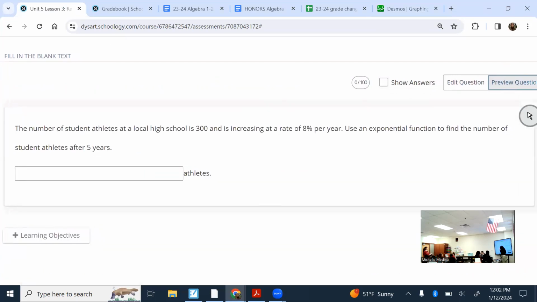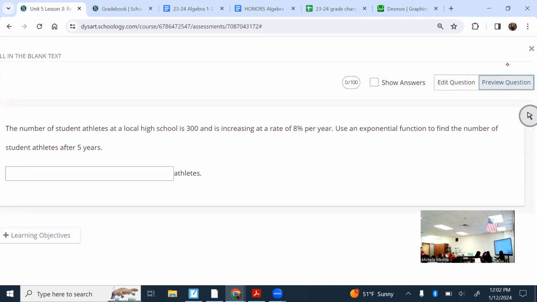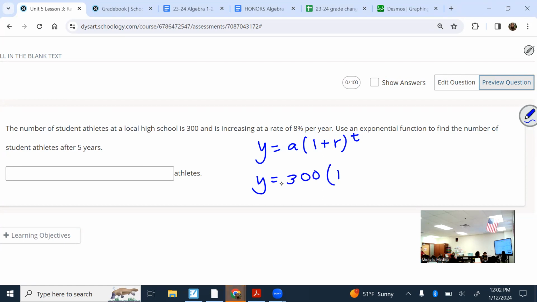So the number of student athletes at a local high school is 300 and it's increasing at a rate of 8% each year. Use an exponential function to find the number of student athletes after 5 years. So because it has that percentage, I'm going to use this formula out of the 2 that I gave you. What's my A going to be? 300, because that's what I'm starting with. What's my growth rate? So it's growing at a rate of 8%. Make sure you put it as a decimal in your formula. And the time frame is... And when you put that in your calculator,